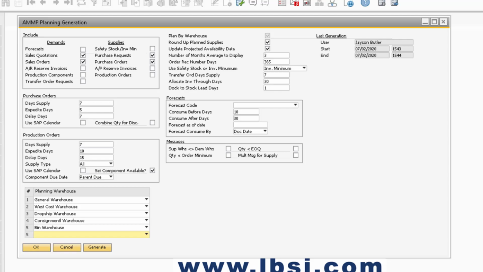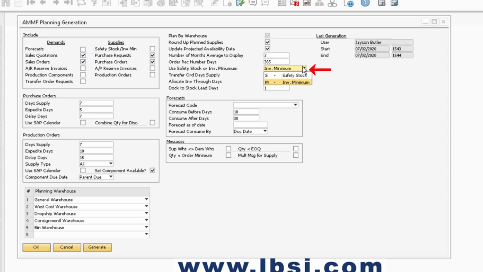We recommend that you never set this field to a number that is less than your longest lead time item that you purchase or make, because you risk that item not appearing in the order recommendation screen. The Use Safety Stock or Inventory Minimum field simply tells planning which field to use as a demand in planning